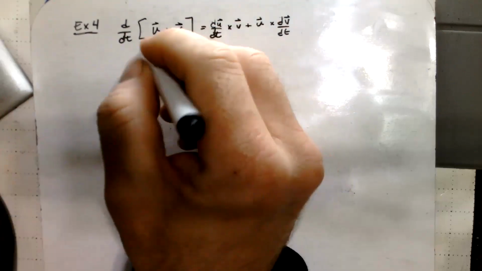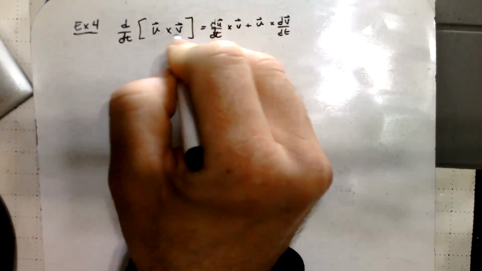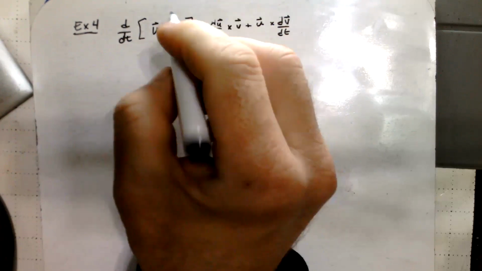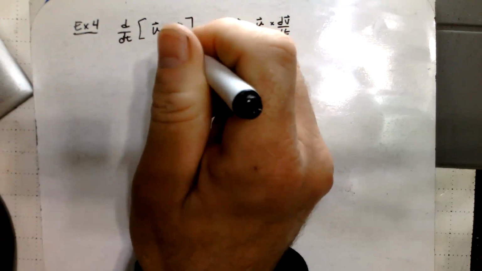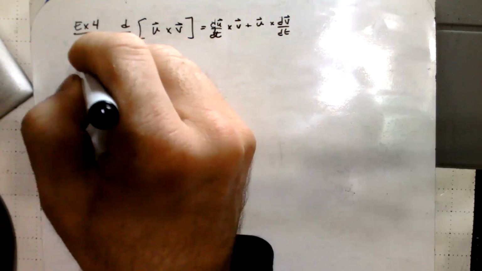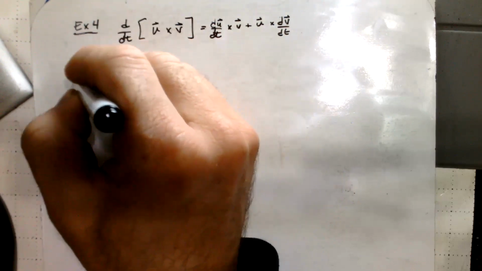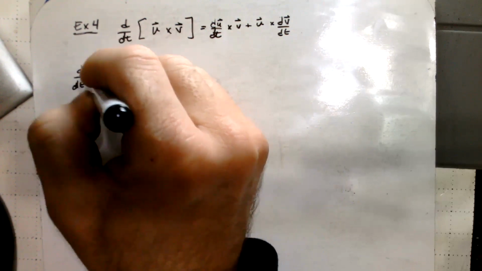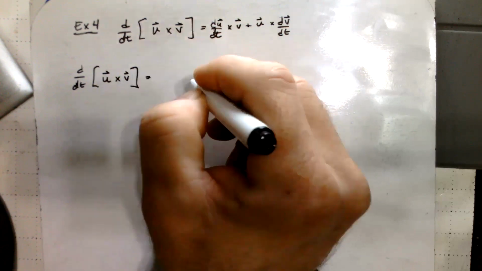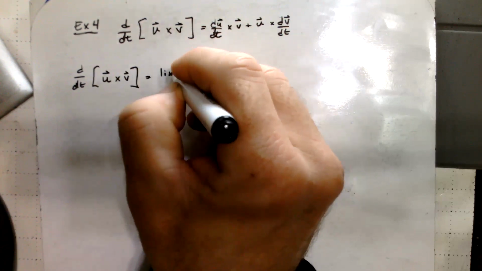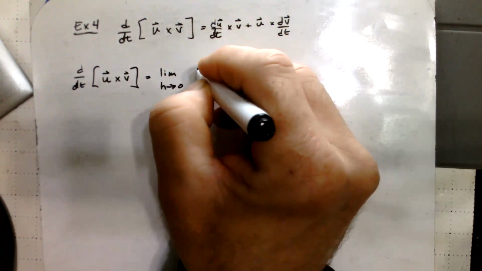Right. In this example, we're going to consider the cross product of two vectors that are dependent upon t, and then take the derivative and see how that corresponds. So to do this proof, we're going to look at the derivative of u cross v. Okay. And so this is equal to, by the definition of the derivative, the limit as h approaches 0 of